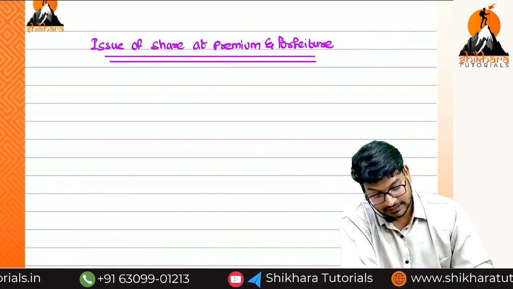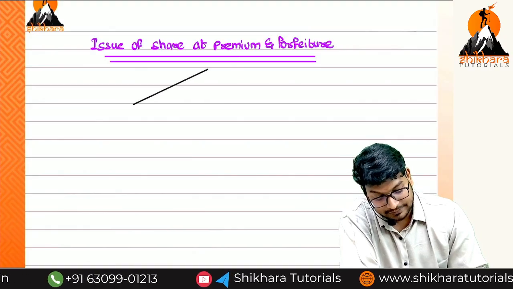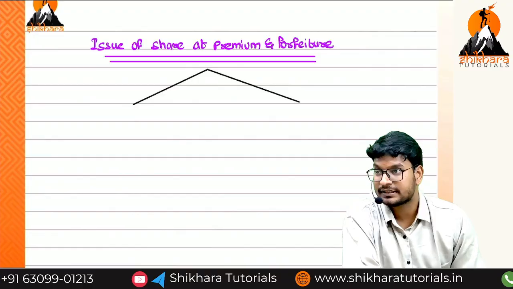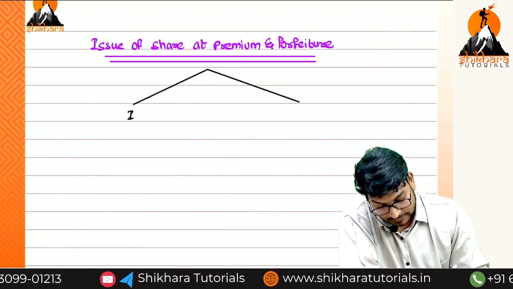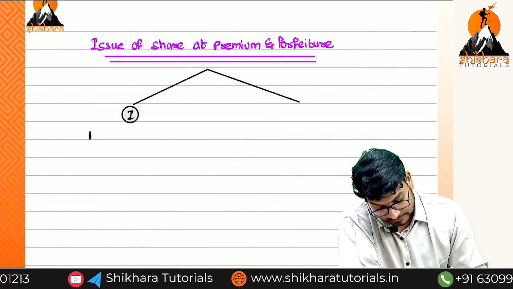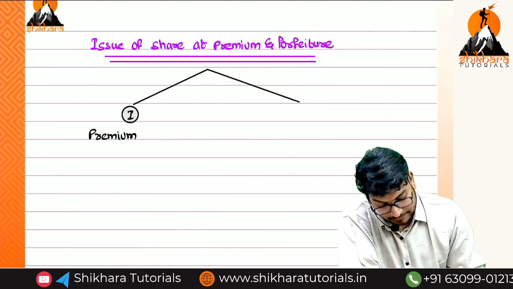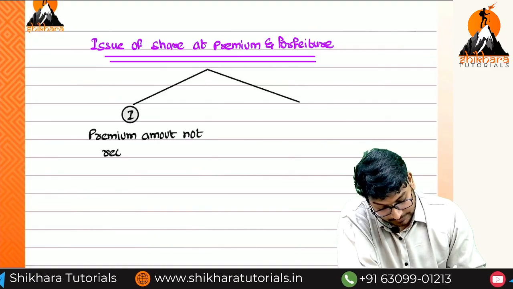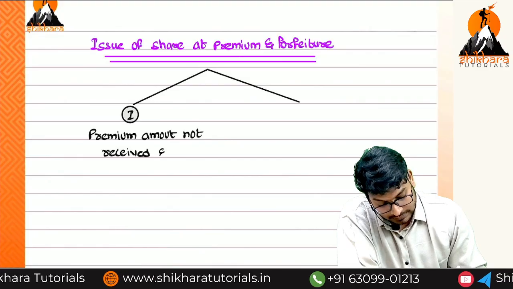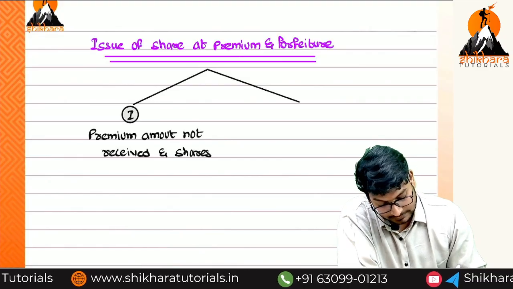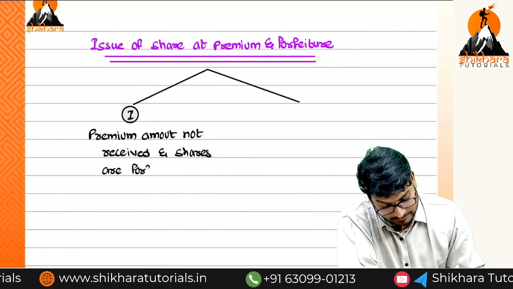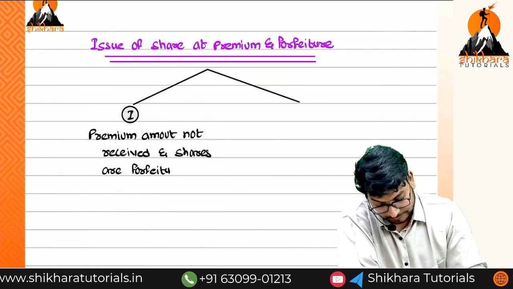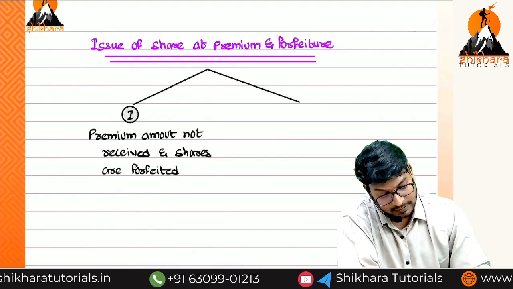Here we have to see whether premium amount is received or not. How many cases will be there again? Two cases in the issue of shares at premium and forfeiture. Case number one: premium amount not received and the shares are forfeited. Case number two,